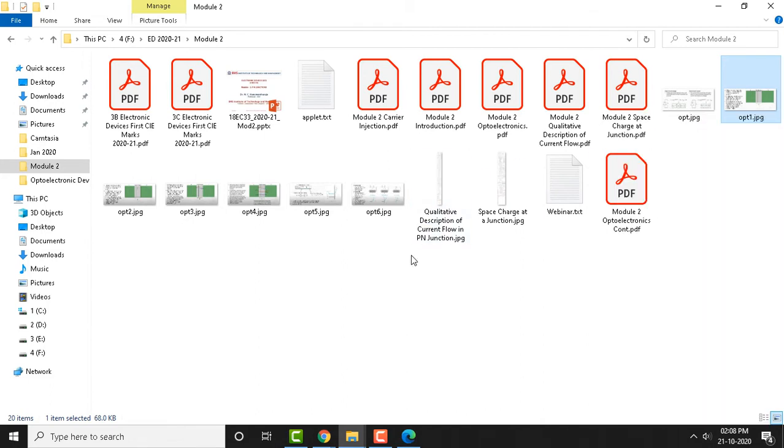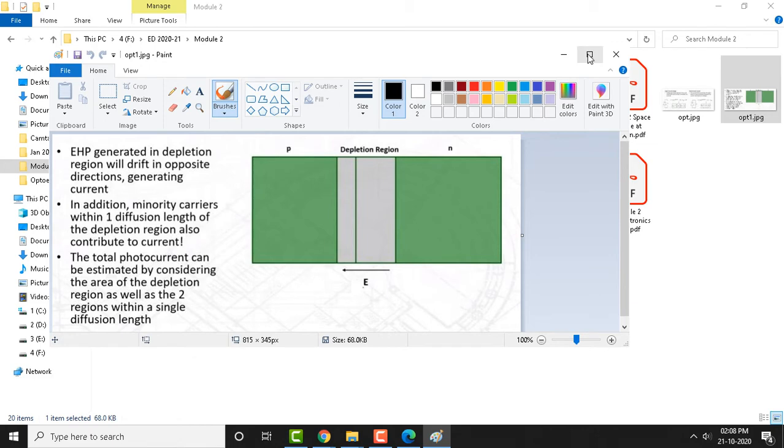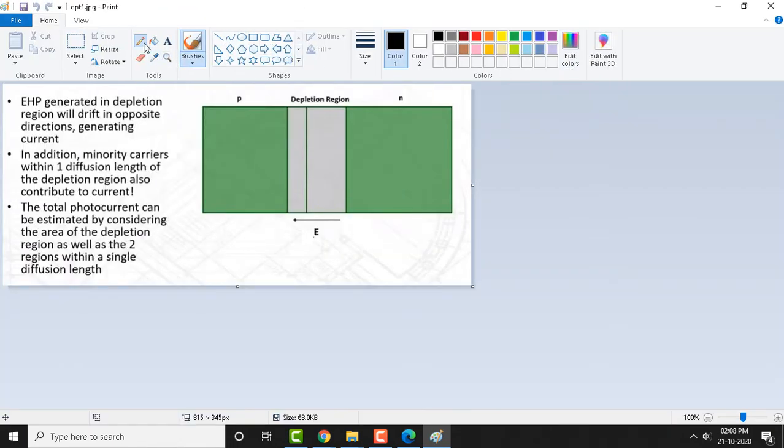Okay, look at this diagram. I would like to make it full screen here. If you observe this p-n junction, this is a p plus n type of diode. This side is p type, and p plus here. Let me add a superscript plus here, and this is the n side. Why is it p plus n?